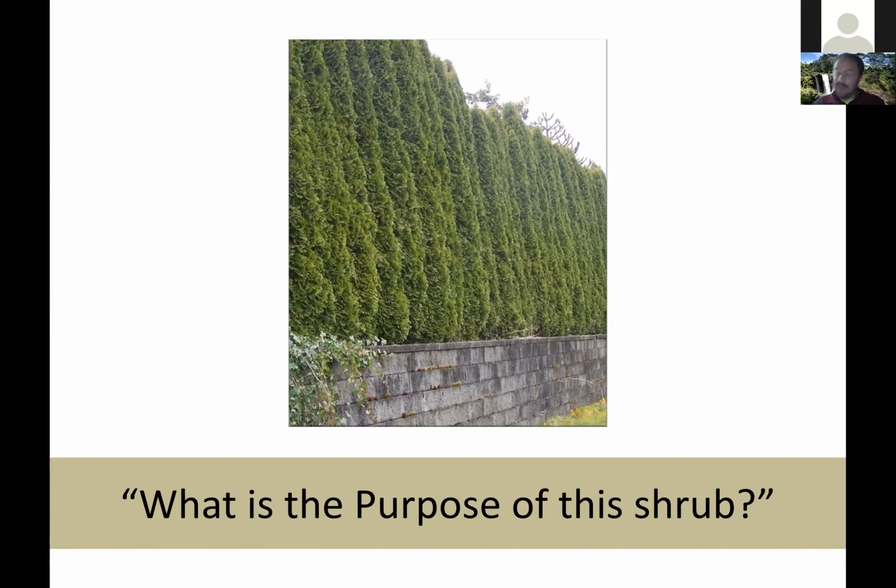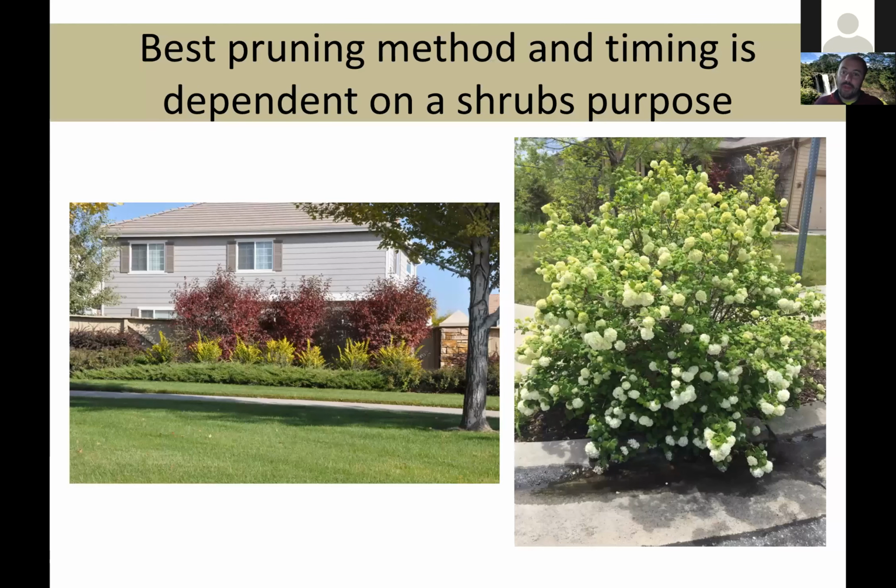And I've got two different landscape situations here. So we have on the left here, this is a border planting. Whether you like the plant material or not, they probably planted this here to hide the fence, right? And I think it's a pretty decent planting. Tall stuff in the back, short stuff in the front. That's good landscape design as far as I'm concerned. That's about as far as I go. Pretty decent planting, right?